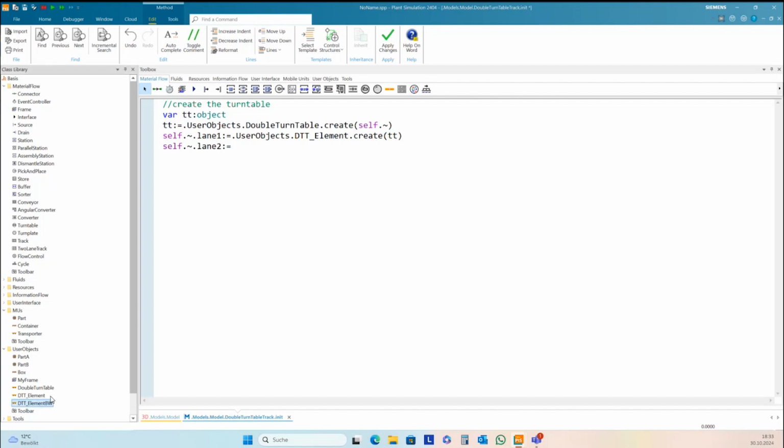And this is the element backward point, created also on TT. And then I want to drive to P.